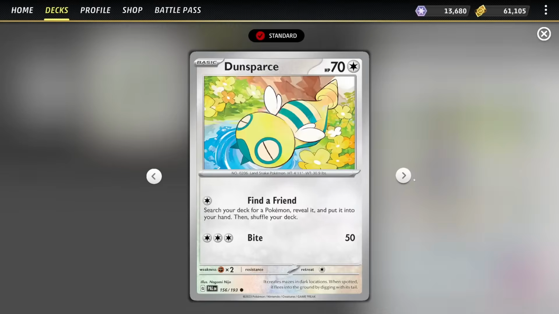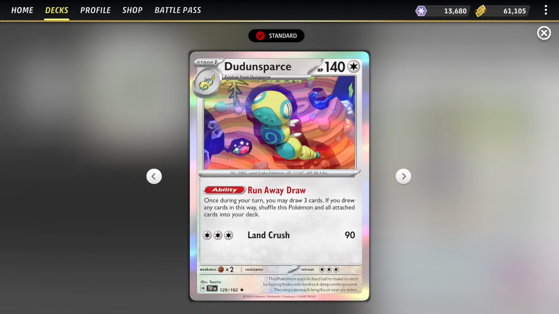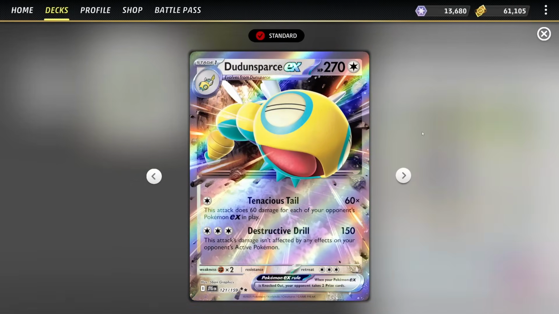Our main draw engine is going to be the Dunsparce and Dunsparce package, where we're able to use the Run Away Draw. This way our bench is never too overloaded or anything like that, but we're getting our pieces, and then because we're playing that, we are able to run the Dunsparce EX. This is mostly because the